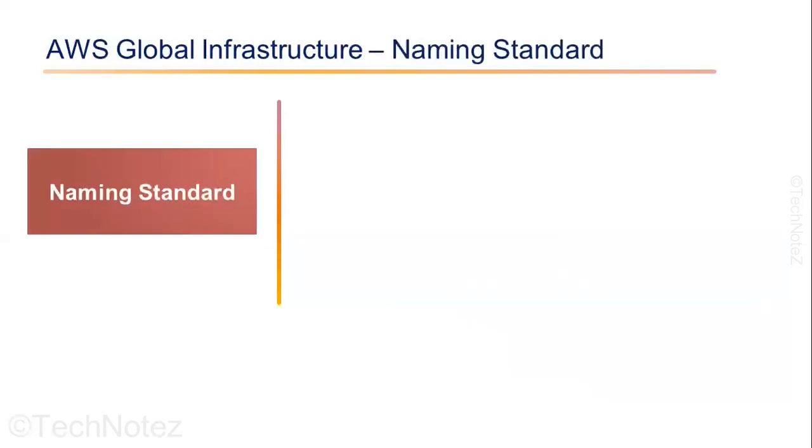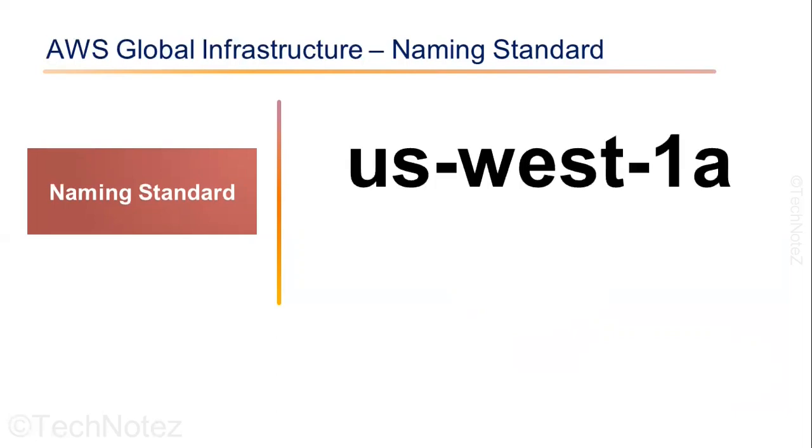So when you create a resource in AWS, you get an option to select the region and availability zone within that region to host your resources. For example, you might see something like US West 1A. Let's break it down and understand what it means. First, you might guess that US in the beginning stands for the United States, and you would be correct. This is going to be the area. We then have a sub area within that main area. In this case, this would be the western side of the US.